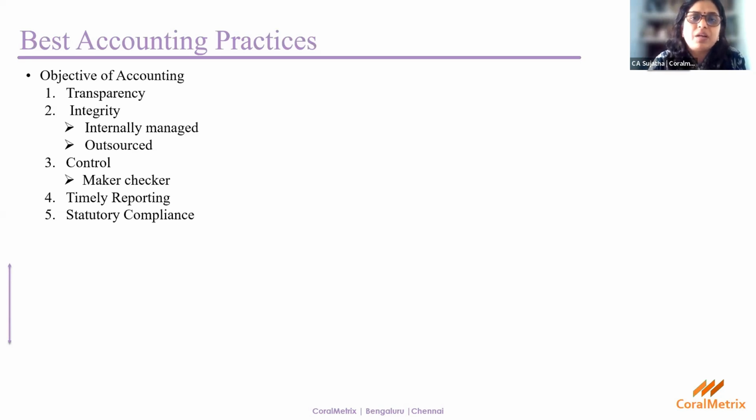So transparency becomes the foundation for bookkeeping when it comes to resident welfare associations, because it being common money, nobody wants to be blamed or become accountable for any kind of misfeasance. So the second thing is integrity,